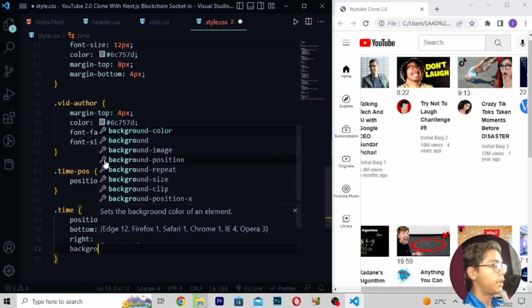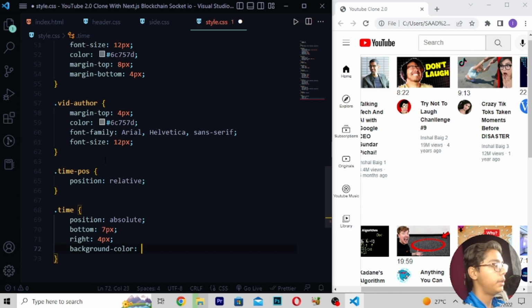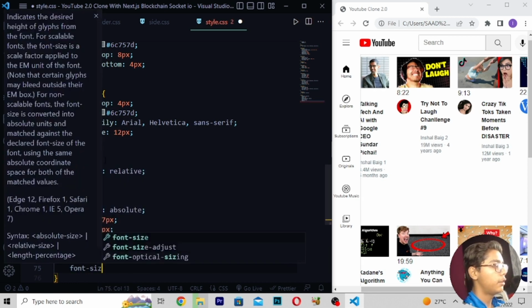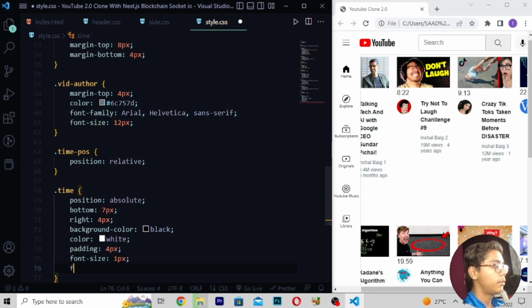Background color which should be black, color of text should be white, padding 4 pixel. Then font size 14 pixel, font weight 500.